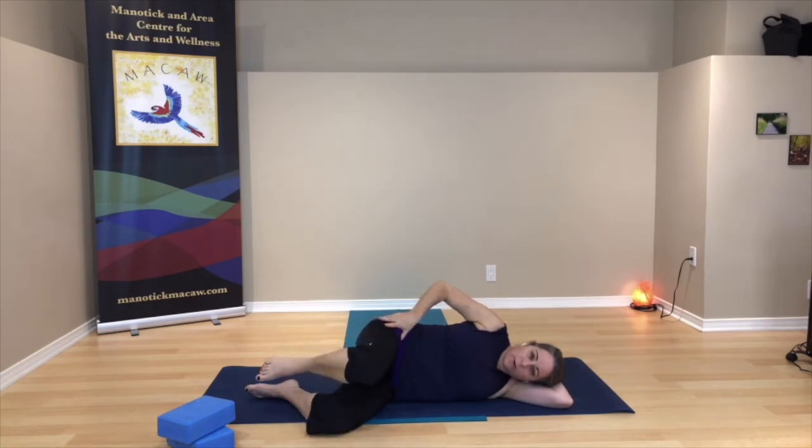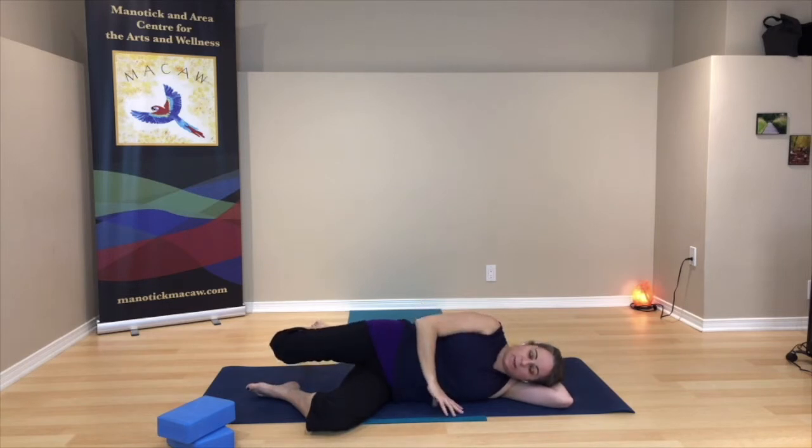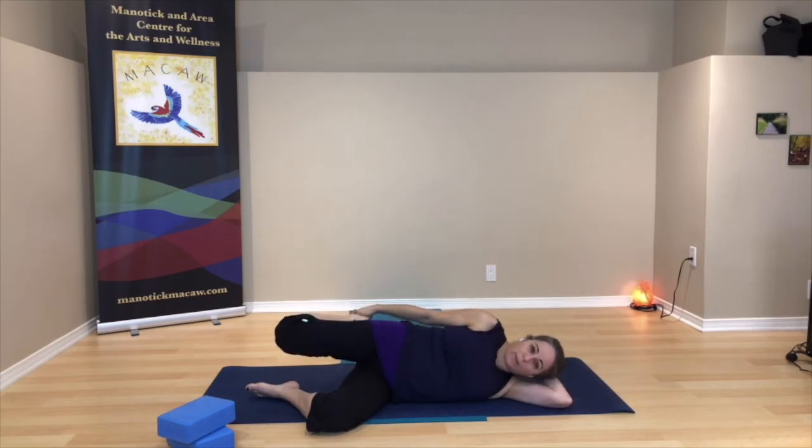Okay, forward and then backward. Now stay back. So you might just let the leg move back and you might just stay there. You might be able to reach with the left hand back for the left foot. You could also use a strap. So you could loop a strap around the left foot and hold the strap near your left shoulder if you want to. Okay, so we're bringing the heel in,